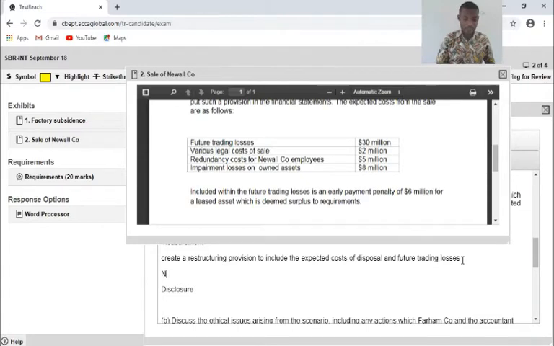So I would want to view it. So I'll say no provision for future, and watch it carefully, future trading losses, except for the early payment penalty. So I'm having a view of it whilst I type, of 6 million.